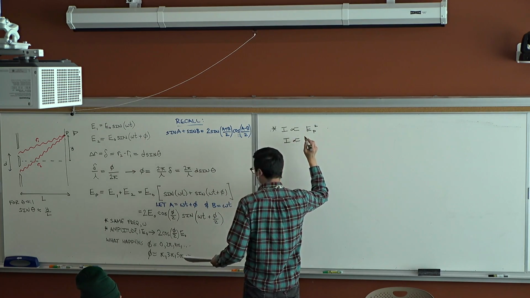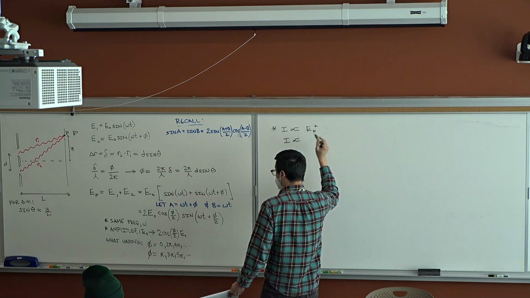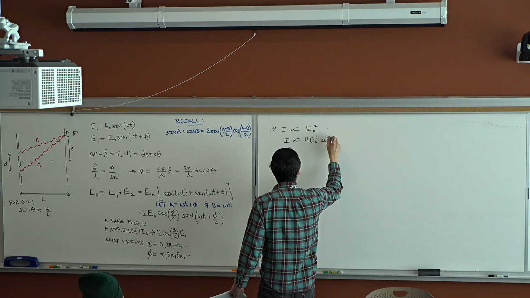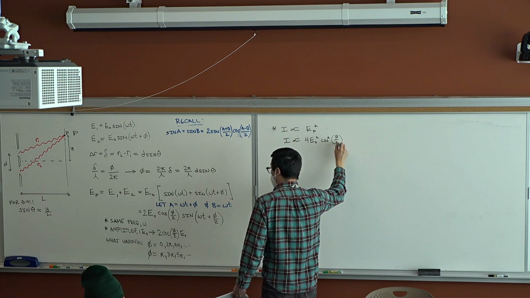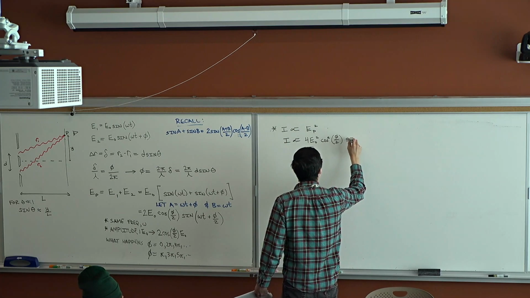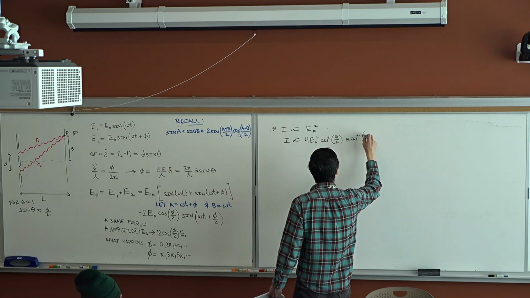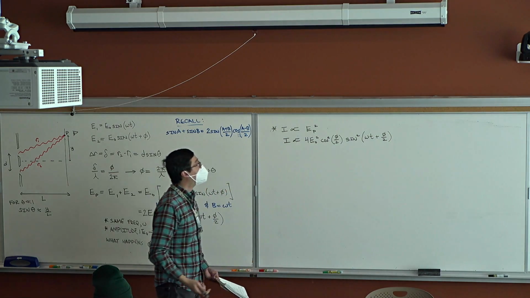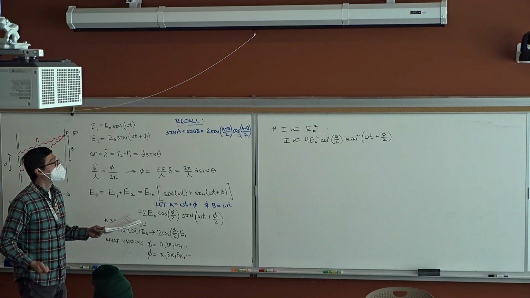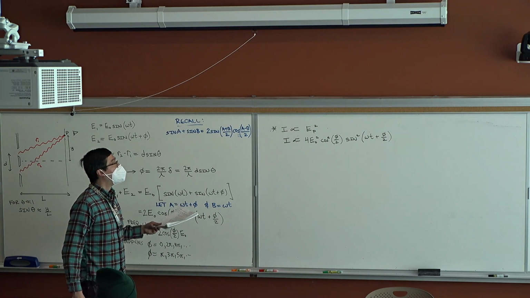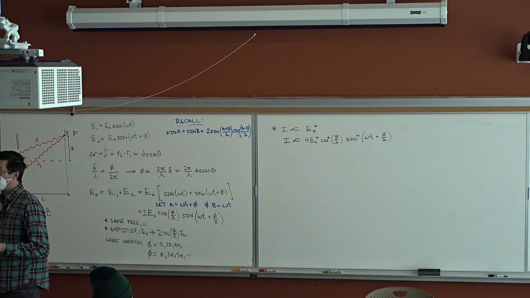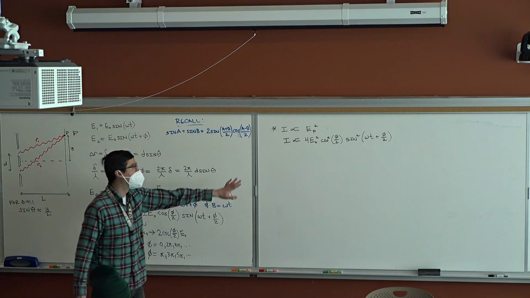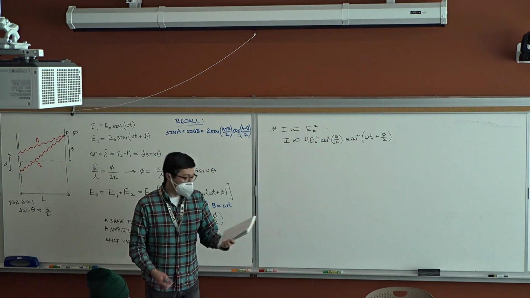It's at least proportional to 4 E naught squared cosine squared of B over 2 times sine squared of (omega t plus phi) over 2. Most light detectors, like the eye, are actually time averaging. They're looking at the time averaged intensity. And so